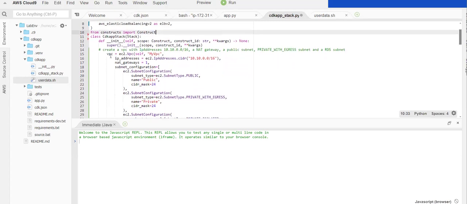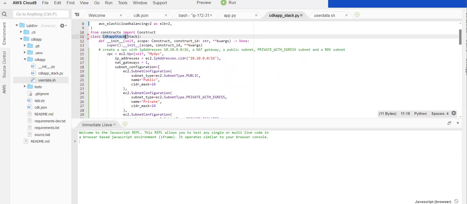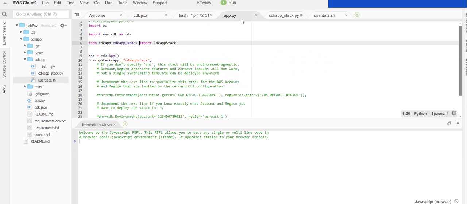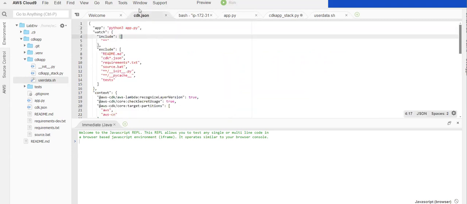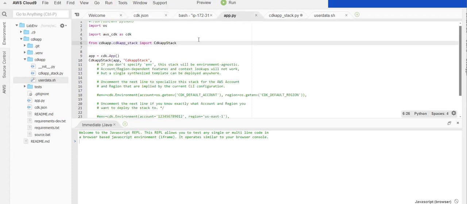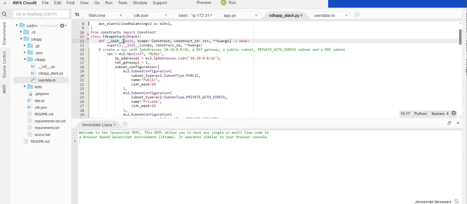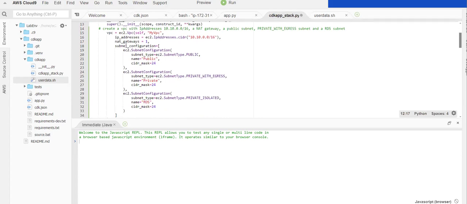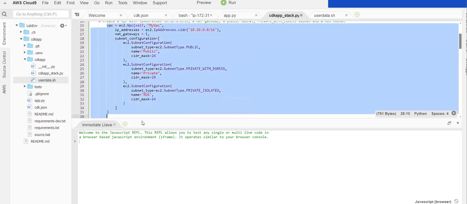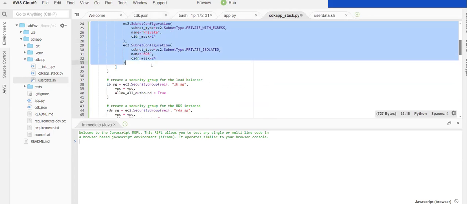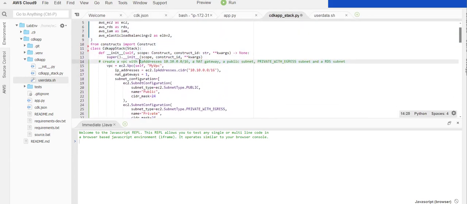Now here you can see what I'm doing. Whenever this class is called, obviously this class is called immediately whenever this app.py is run. When app.py is run with CDK, this app will be called, and then it will call this class. Since the class is imported there and called here, this init method will be implemented by default. Whatever resources you create inside this will all be created. Don't worry, I'll explain this. Now what I'm doing here,